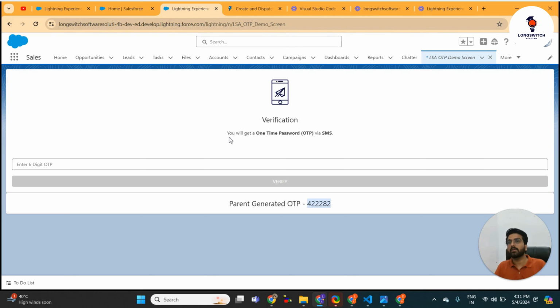You wonder how you can make sure that it is our new component? You see, we defined this: you will get a one-time password via SMS in our validate OTP LWC. And here also we are asking for the 6-digit OTP input, not the mobile number. So we can make sure